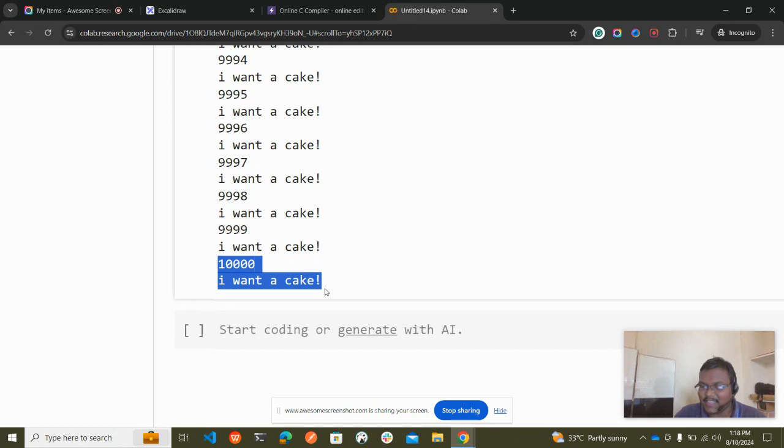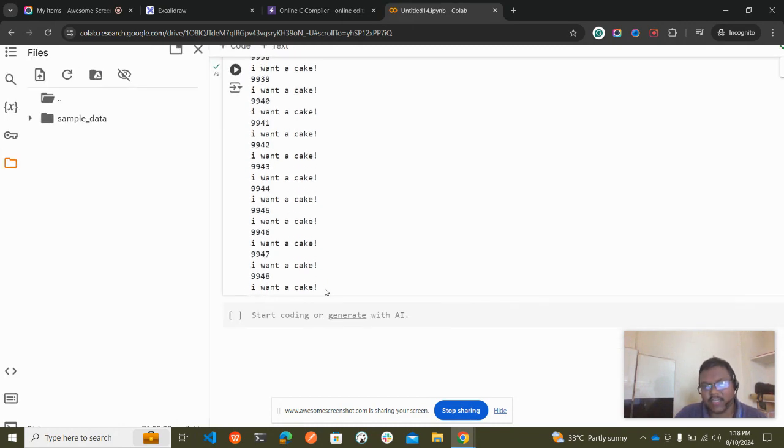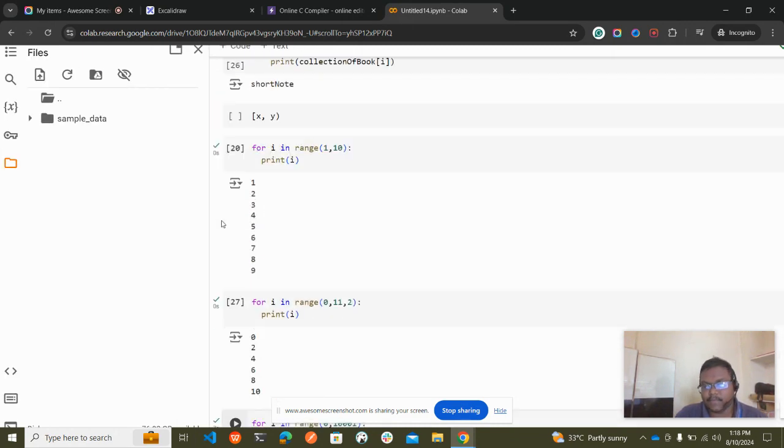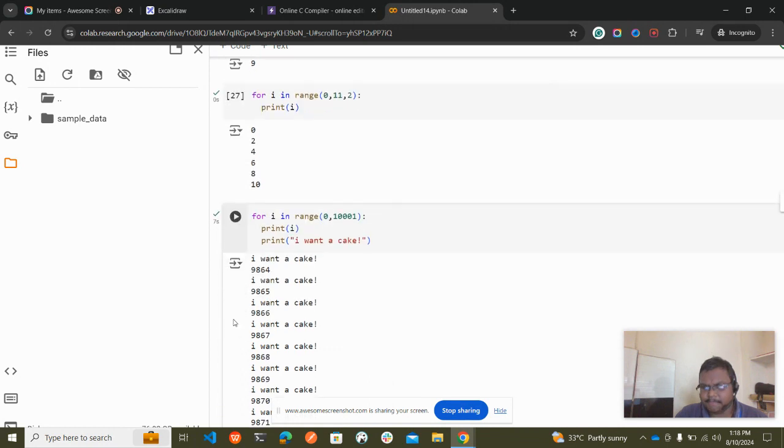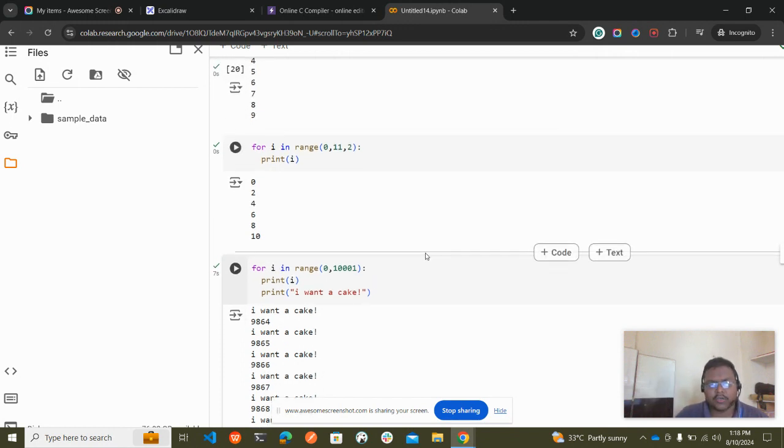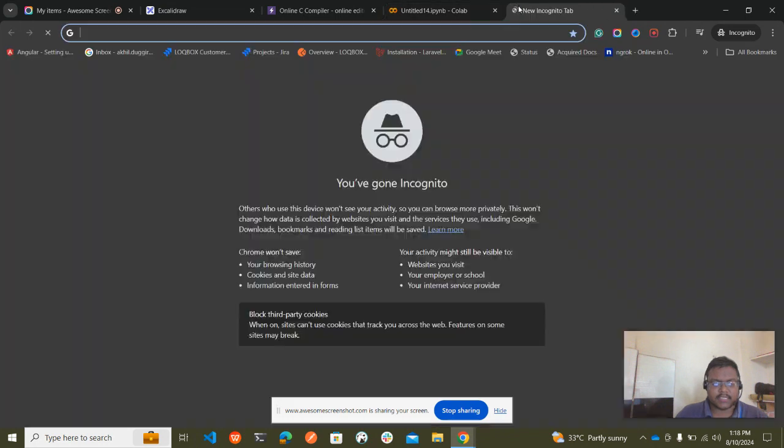Okay, so that's the power of for loops and while loops. In a while loop also you can do it. I'll be wrapping up here, but in the next video let us see what problems we can solve just by using if conditions and while loop or for loop conditions.